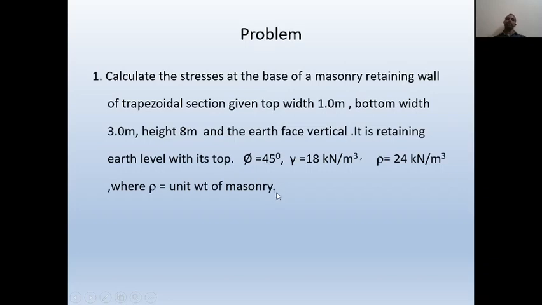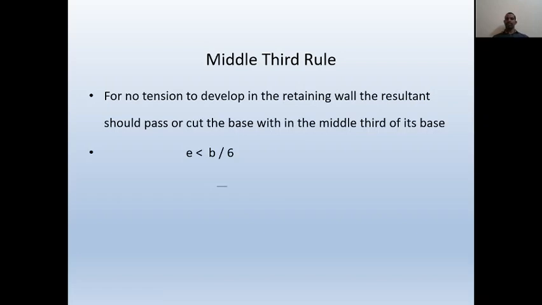So far we have discussed what retaining walls are and where they are useful, what pressures and forces they are subjected to, and the various components of a retaining wall: surcharge, technical terms like surcharge and surcharge angle, and angle of repose. About angle of repose also we have discussed, and the formulae we haven't derived because